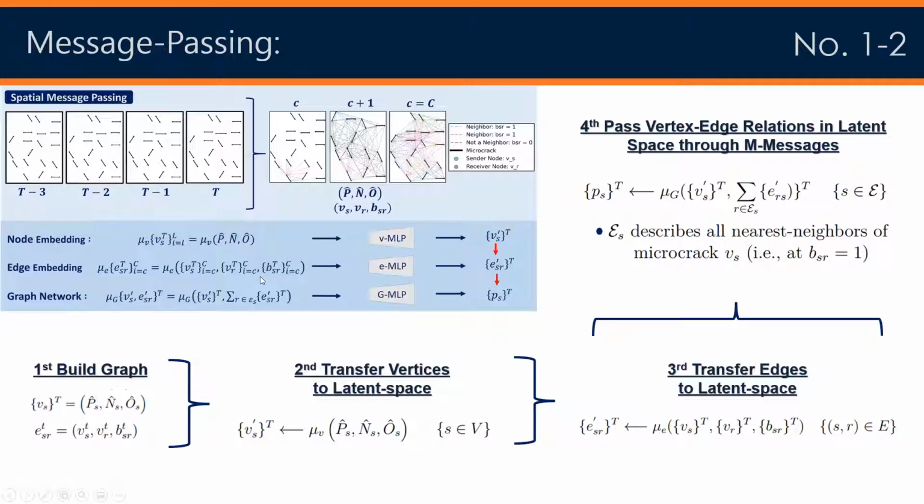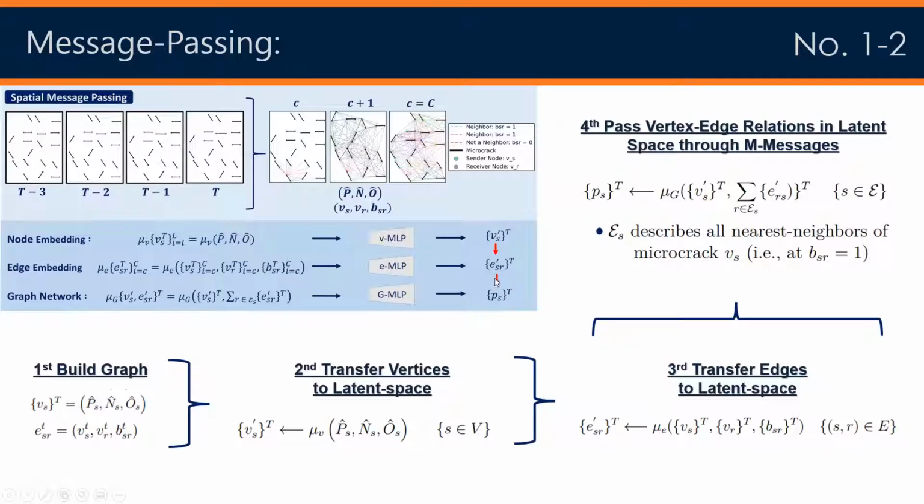We apply the same thing for the edges, where we have this EMLP. We pass the edge features there, and we get an embedding for the edges in the latent space. Finally, we concatenate these two, and we pass it to an additional MLP network, which we call the GMLP, which stands for Graph Multilayer Perceptron Network, and it gives us this one-hot encoded feature vector. This vector describes the relations that exist between the nodes and the edge features in the latent space, and it is a fixed size. So now we can evade the